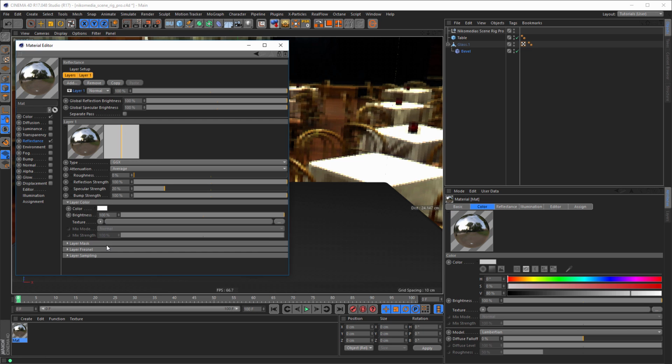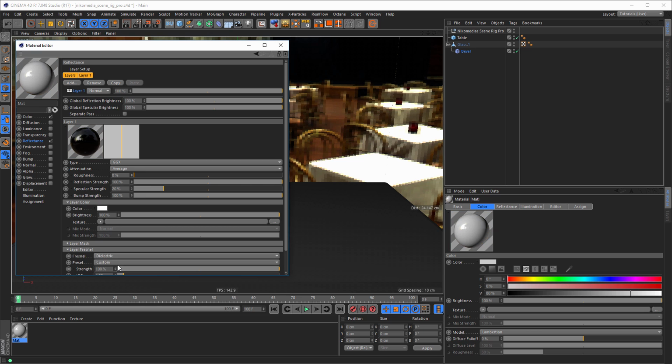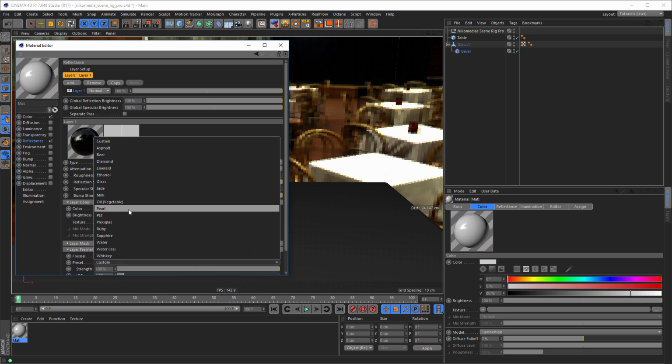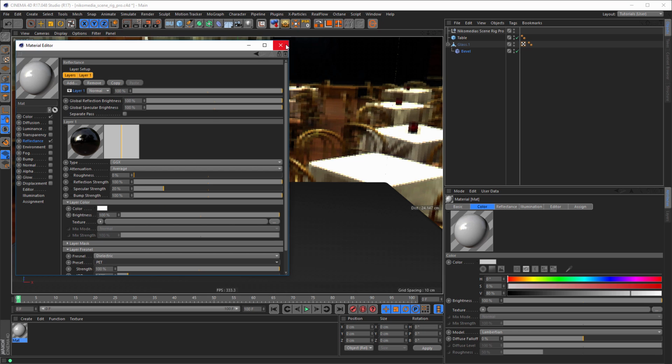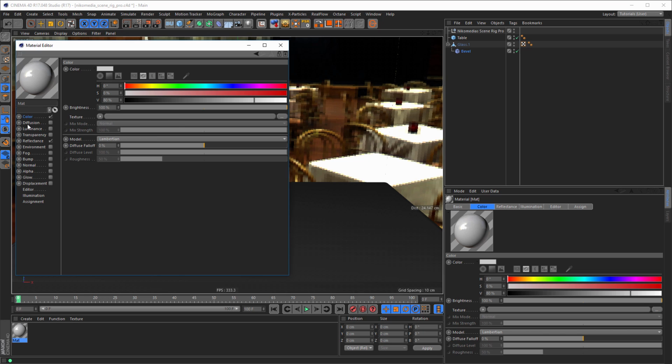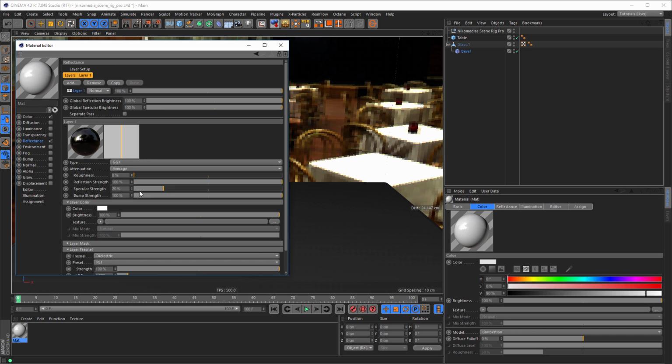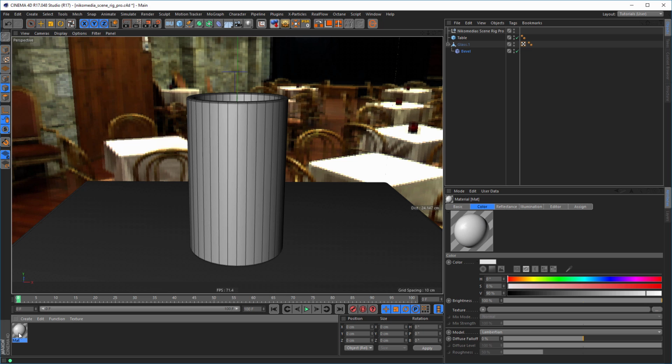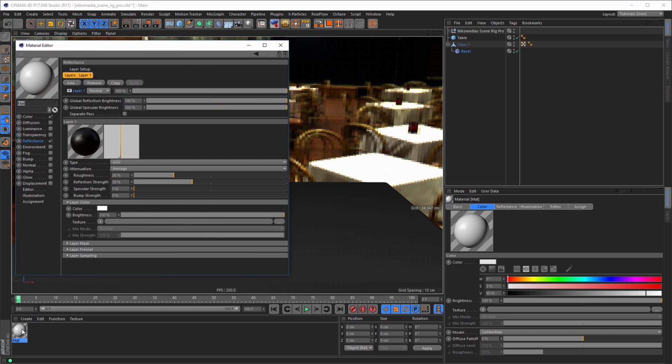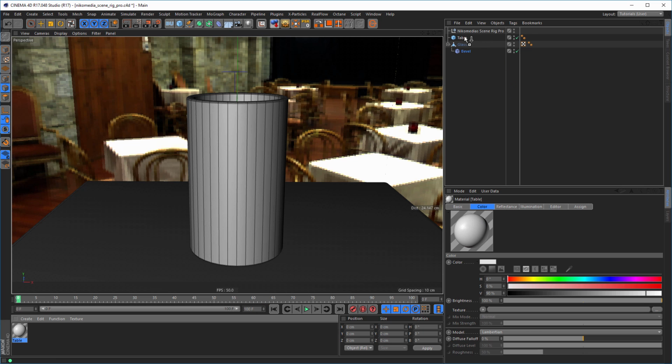Delete this specular. Dielectric and something like PET. Okay. Not so shiny. Something like that. This should not be a texture tutorial, so table. Okay,